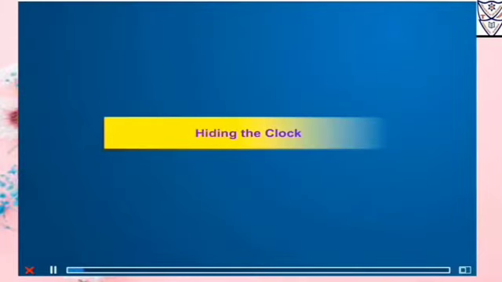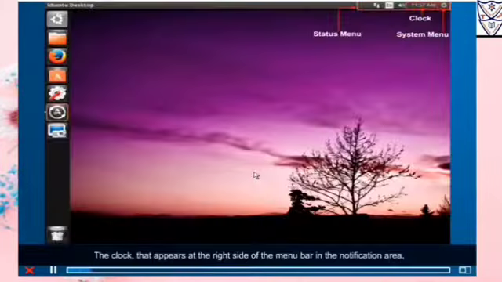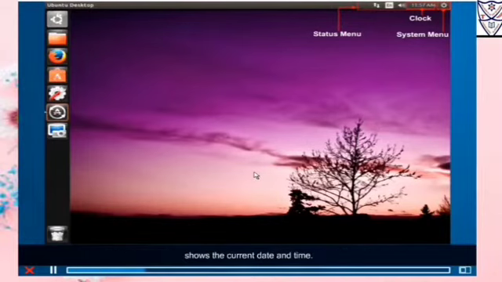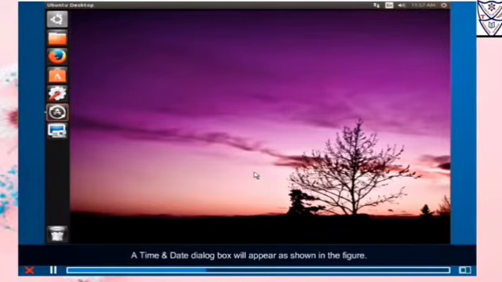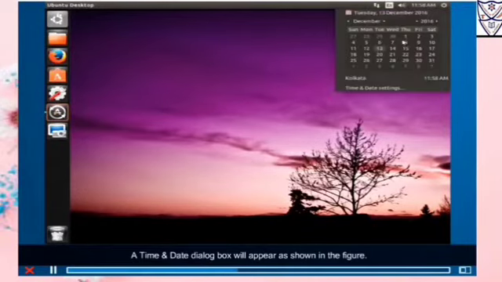Hiding the clock. The clock that appears at the right side of the menu bar in the notification area shows the current date and time. If you want to hide the clock from the notification area, click on the clock and select the time and date settings option.